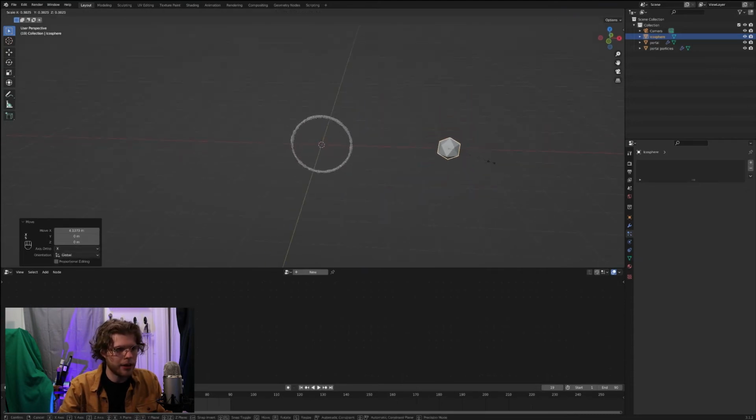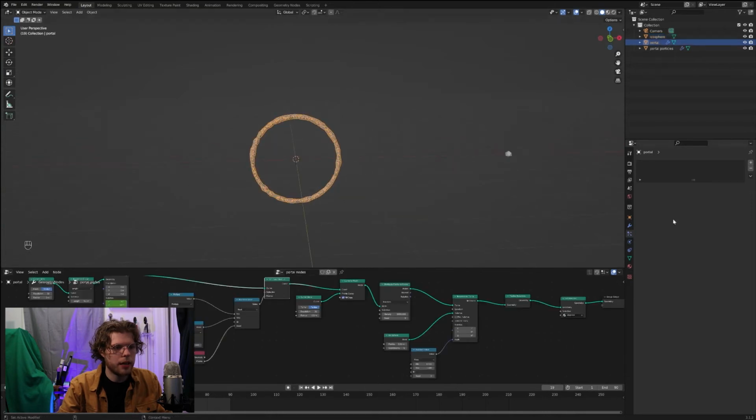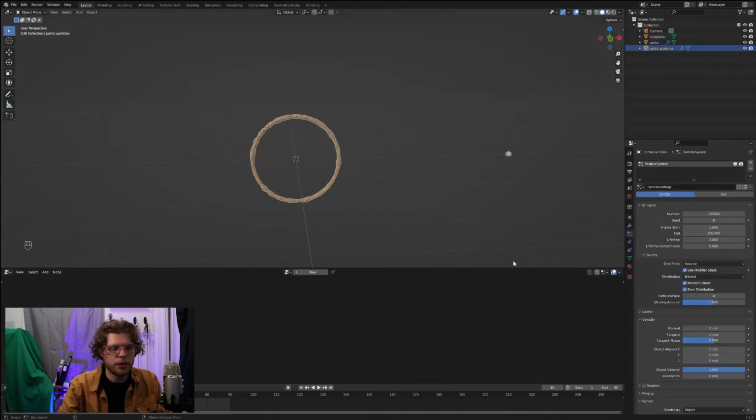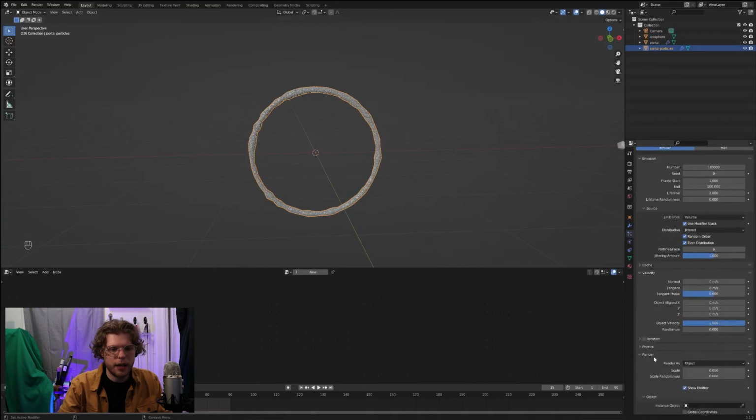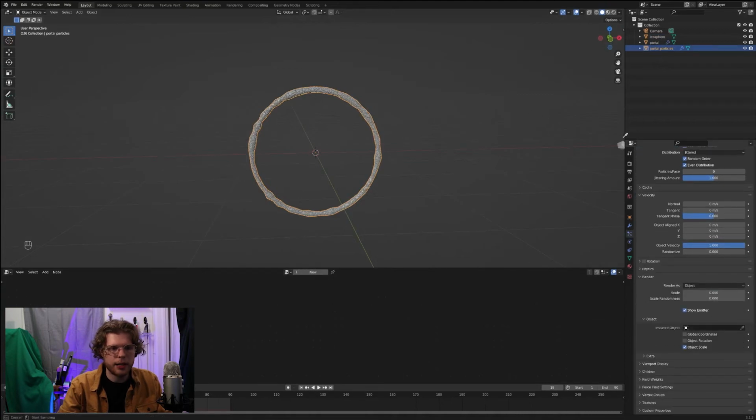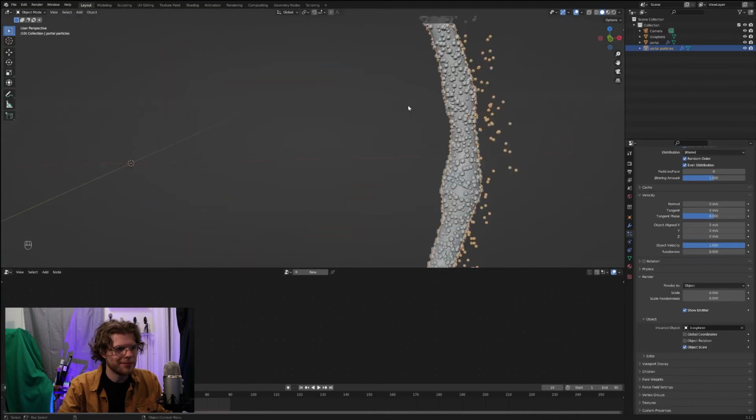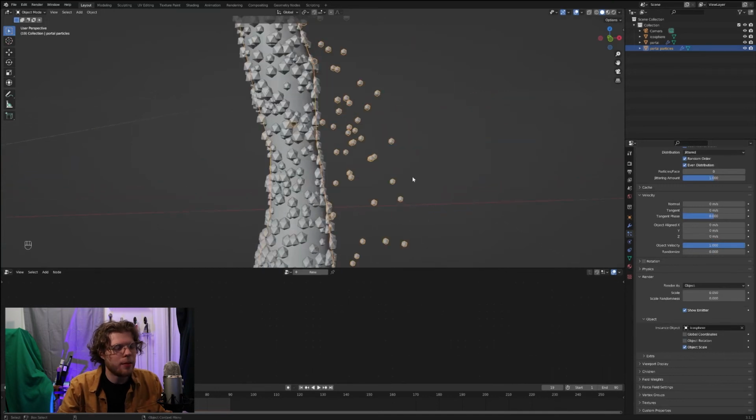And now I'll scale it down a bit. I'll apply that scale. Maybe move it a little bit more. And I'll also now click back over and this is the object we are going to render. So go into portal particles and down to object, and we're going to select our icosphere. And there we go, look at that. Now because I scaled that icosphere itself and applied the scale,